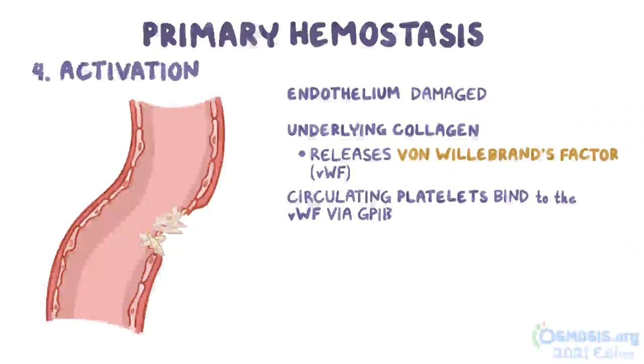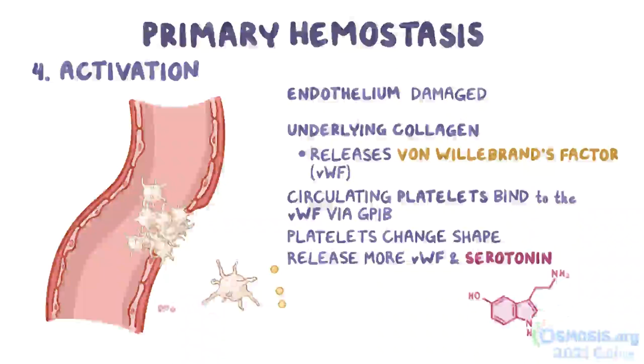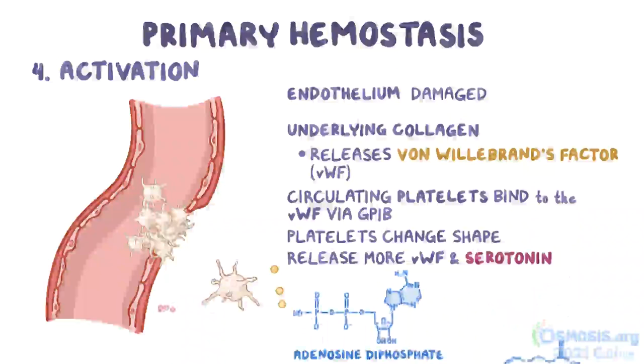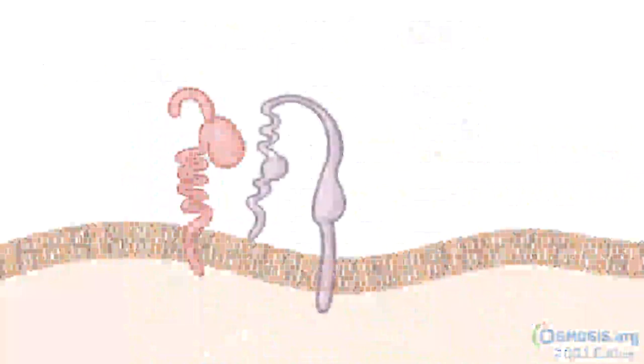The fourth step is activation, where platelets become active after binding to VWF. First, the platelet changes shape and its membrane forms tentacle-like arms, allowing it to grab onto other platelets. Second, platelets release more VWF, as well as serotonin, a tiny molecule that attracts more platelets to the area. Third, the platelets also release adenosine diphosphate, or ADP, and thromboxane A2, or TXA2. These two molecules can activate other platelets that haven't bound to VWF. ADP and TXA2 also cause platelets to express new surface proteins called GP2B and 3A, which is needed for the